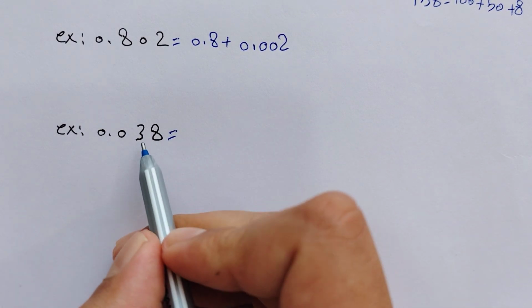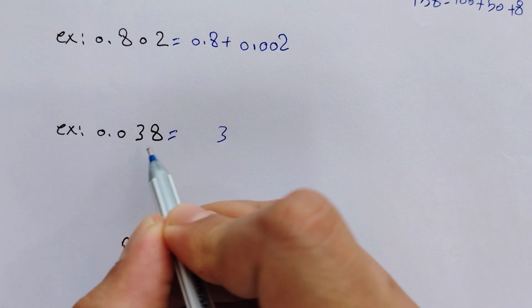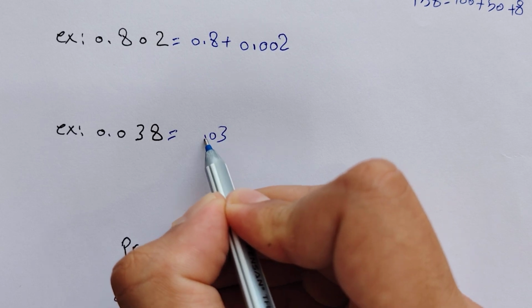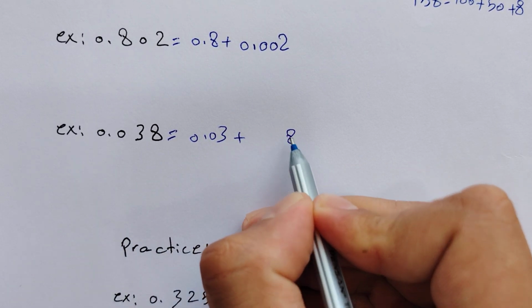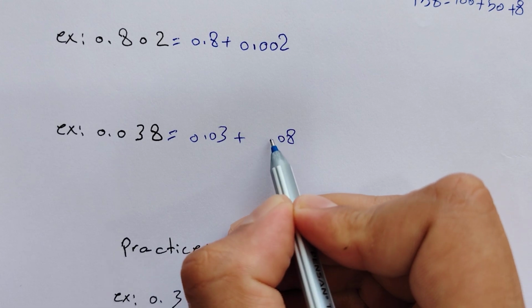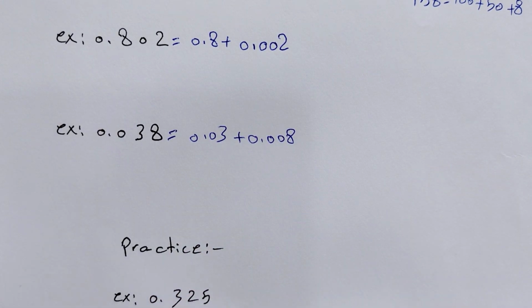Now that one, same thing. We don't write zeros, so 3. Make the left side 0, which is already 0, plus the next digit, the 8. Make the left side 0. Okay, I want you to pause the video and practice those two yourself, because I'm gonna do it in 3,